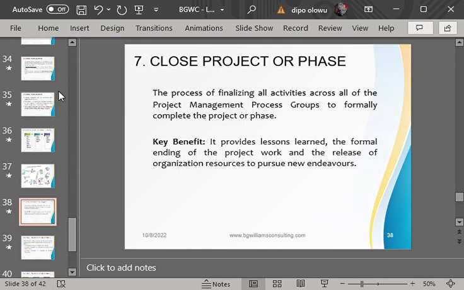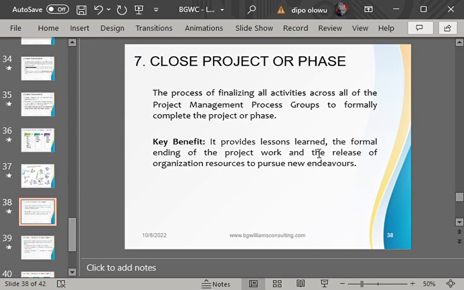Okay, so let's look at close project or phase. All right. So at this point, we are not saying that, oh, the work has been completed, and since the work has been completed, let them now close the project. So close project or phase is when the physical work has been completed and every other thing that needs to be done has been completed.